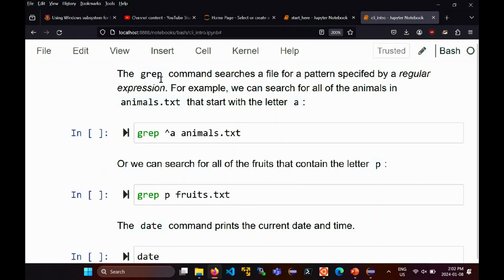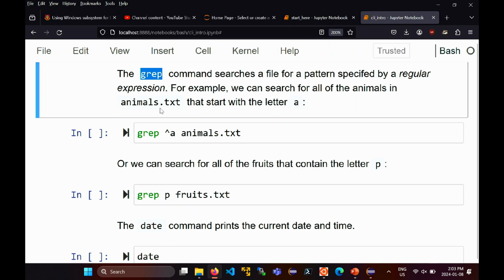Okay, so there's another little command called grep. Everything that we're going to be working on in this course is text-based. If you're working with a lot of text-based files, it's often the case you want to search for a phrase or a string or a sentence in your files. The grep command is one of those commands that will do that. So grep searches a file or files for a pattern that you specify.